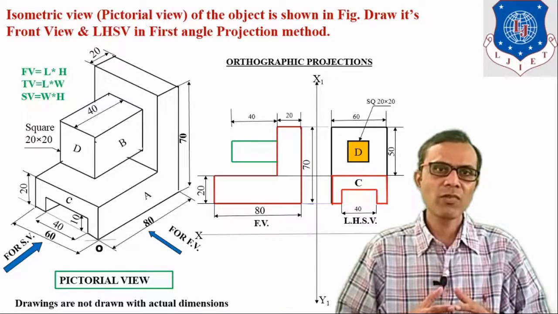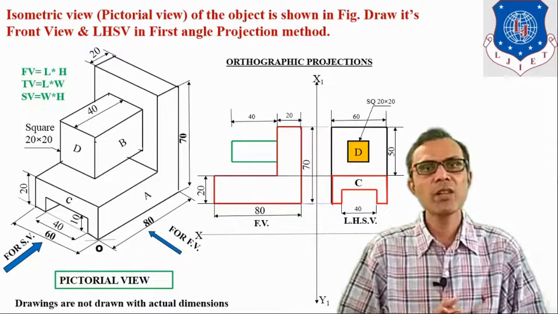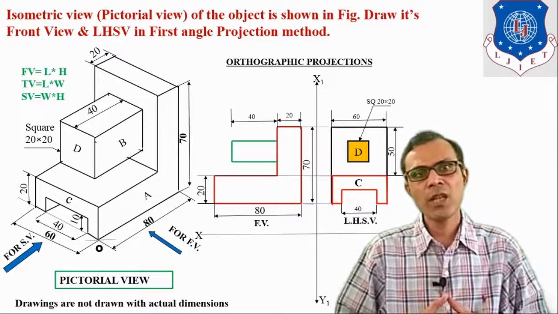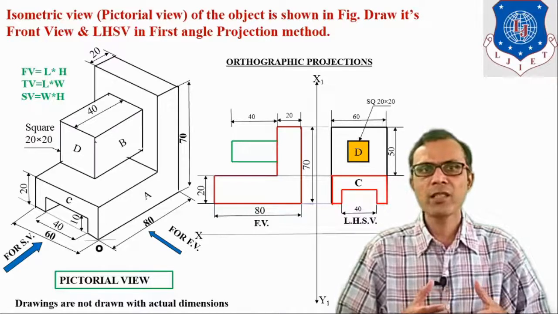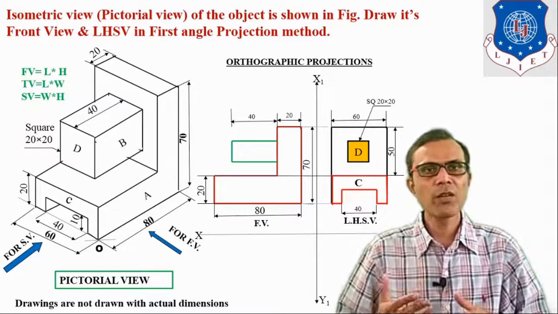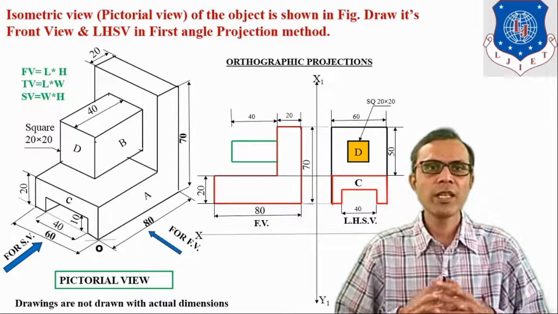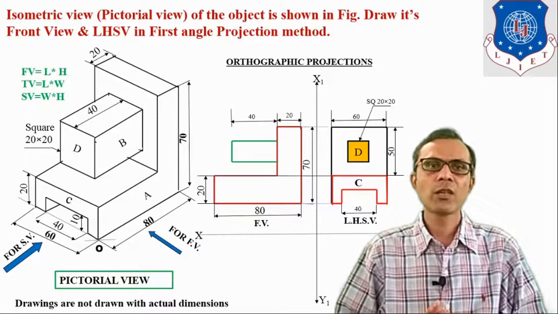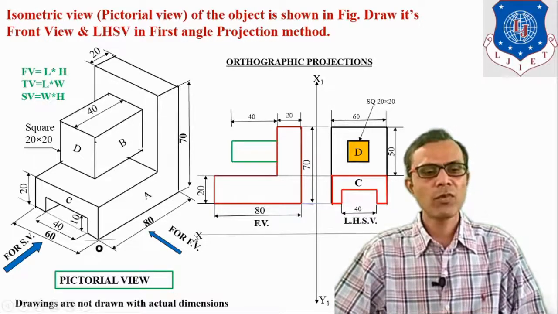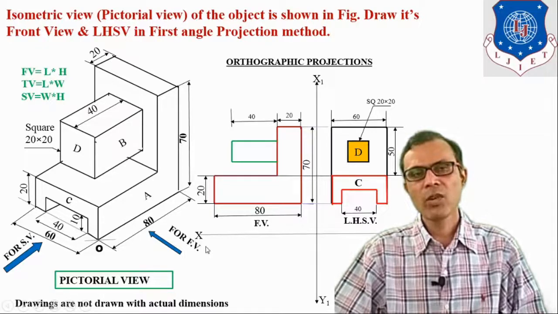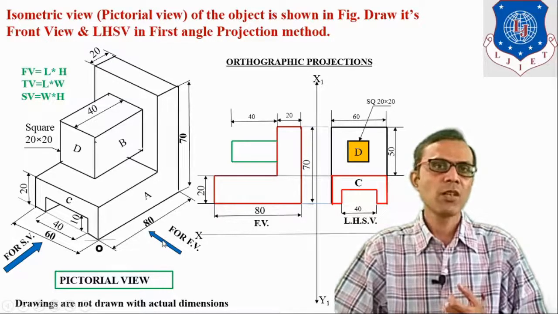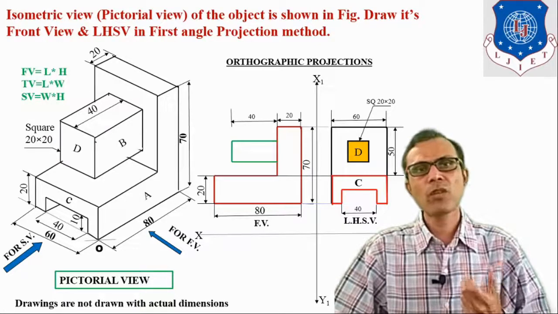But now we have to check for invisible details. If there are any invisible details, then we have to draw them with dotted line. Invisible details means what? Physically it exists in the object, but from a particular direction it is not visible. That type of details are known as invisible details, and always they are drawn with dotted line. So here you can see for this object, when we look at this object from front view direction, this slot is actually cut in the object, but from this direction it is not visible. So it is an invisible detail and it should be drawn with the dotted line.